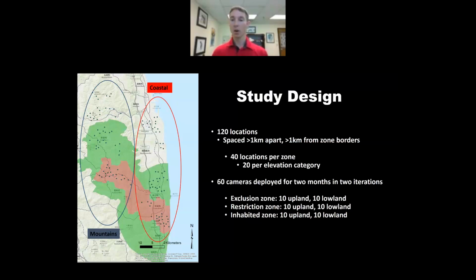So we've got a coastal area where the reactor is, as you can see in red there. But then this quickly moves up into the mountains. So this is a highly mountainous area. And so as you might expect, there might be different species in these different areas, or at least different abundance of species. So we wanted to factor that into our